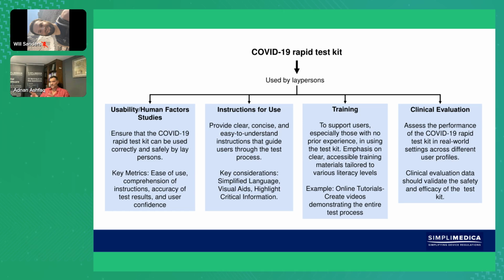Now, many of us would have seen lots of illustrations and symbols, which is user-friendly. It cuts out the requirement for language, where there are lots of language translations that need to be done in international countries. If it's done, it's universally understood. You've got symbols, but that has to be validated. Those symbols have to be tested to make sure that they don't fall into any risk by somebody misunderstanding one of the visual symbols.